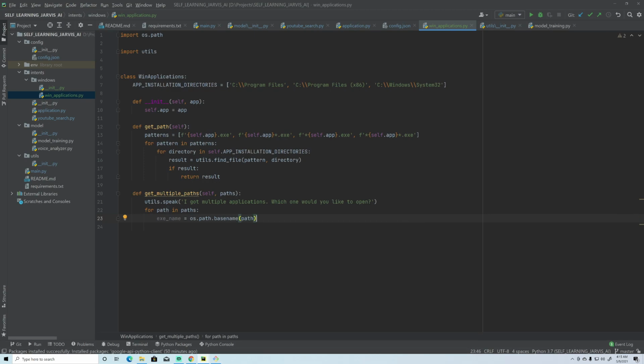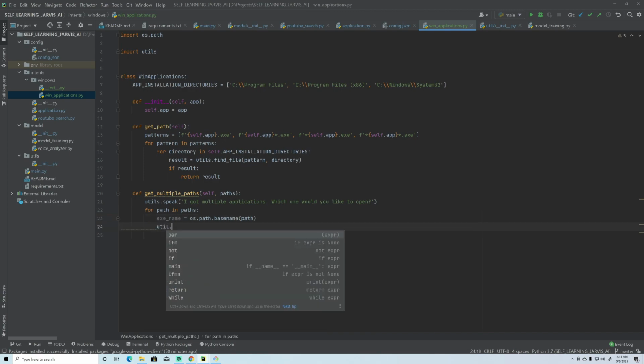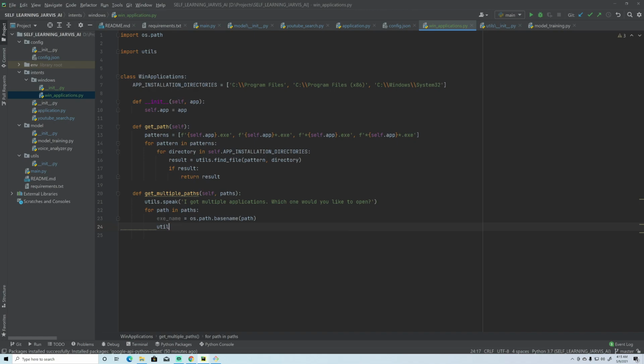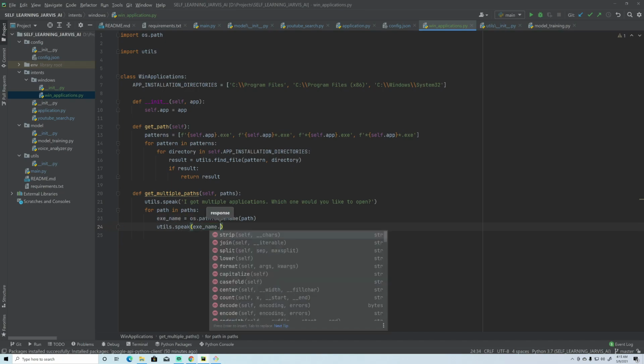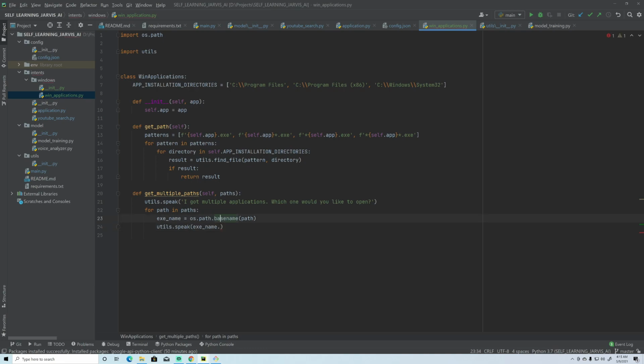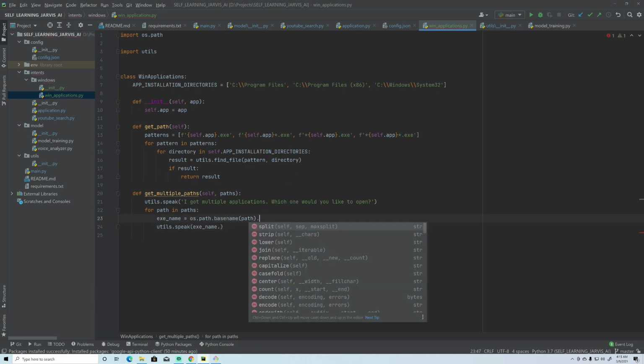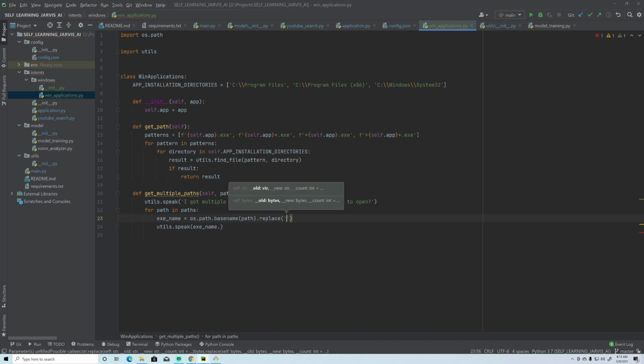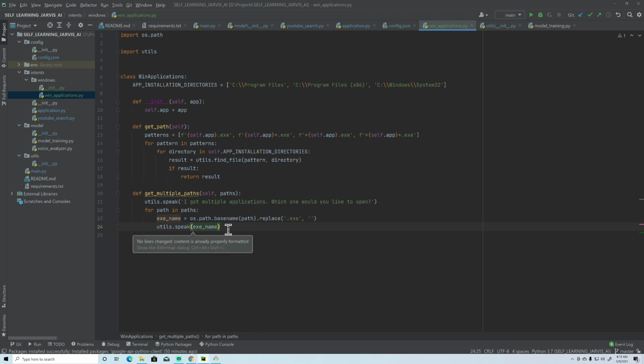It will give you that file name, and we are going to remove the extension and speak that, right? utils.speak and exe_name.replace('.exe', '') from nothing, right? And here we will have the exe name. That's it. It will just tell that file name.